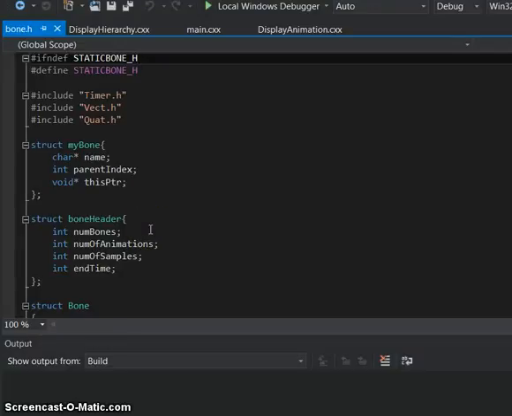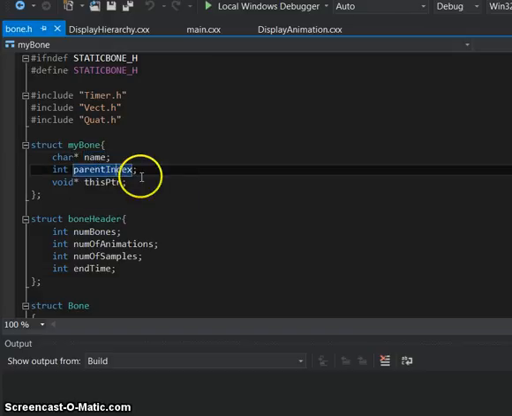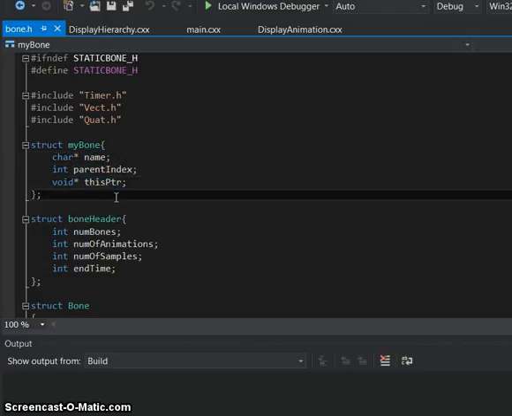To start you off, I'm just going to walk you through a couple different structs that I made in order to help organize all the data within the import scene project. So I have here my bone struct, and that's just going to have the name of the bone, the index of its parent, and then a this pointer that I'll explain a little bit later that helps me organize